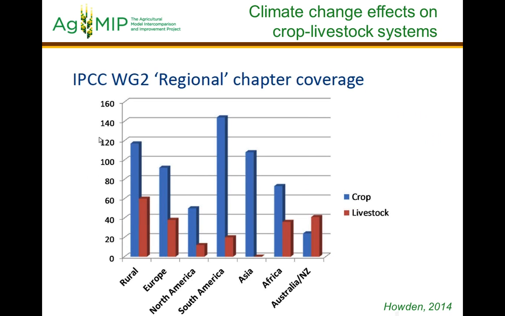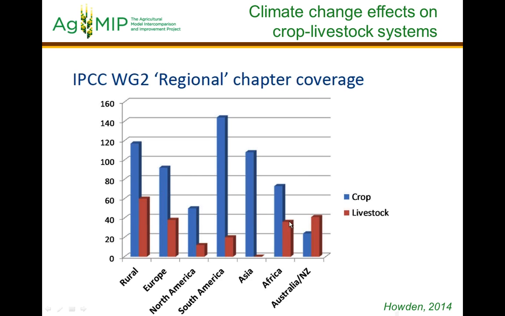When we look at the food security chapter, we see that still there is a huge bias towards the crops. But at least livestock is mentioned a couple of times in the text, not in the figures. And then if we look at the regional chapters, we see that the picture starts to look a little bit better. Apart from Asia, so our colleagues from Asia, they have a big gap to fill there. When we look at the Africa chapter, it seems that there is a lot more information on livestock, but